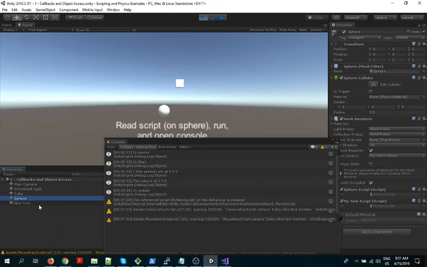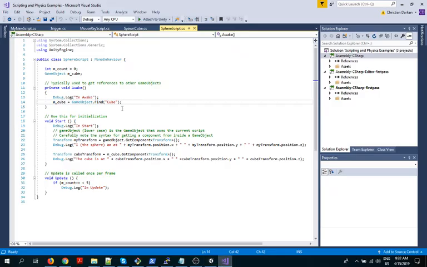Now the next thing I do is show that it's not just my own object. I, a script, am a component sitting on a game object. I can not just access my own game object, I can just as well access any other game object. That's the next thing that's demonstrated here. Remember over here we grabbed a reference to the cube, and now I'm able to use that to get the cube's transform. Again, same invocation, GetComponent transform, and then report the cube's position.